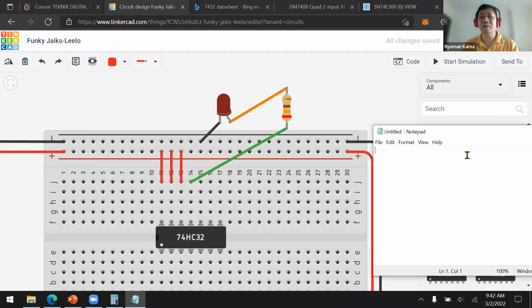Now let's create a table in here. Let's say this one is A, this one is B, and this one is the output.